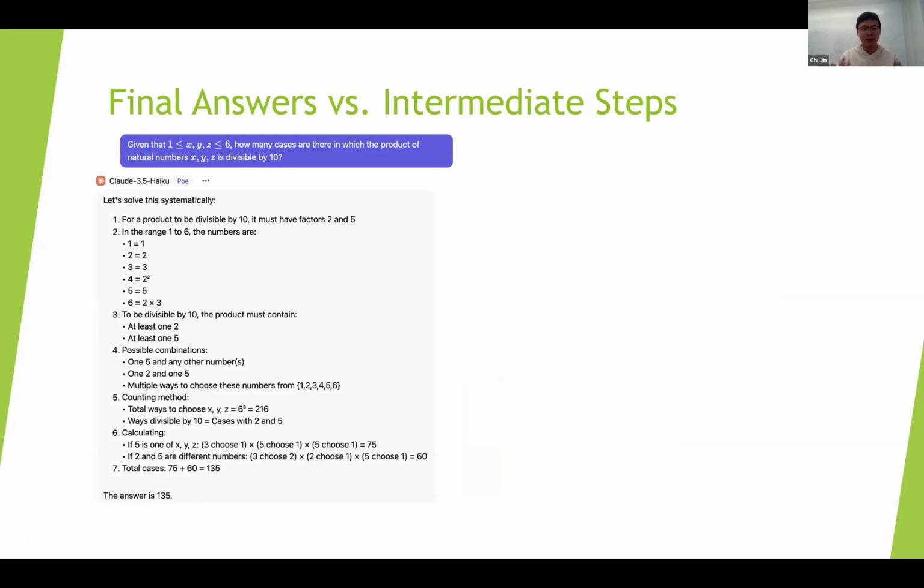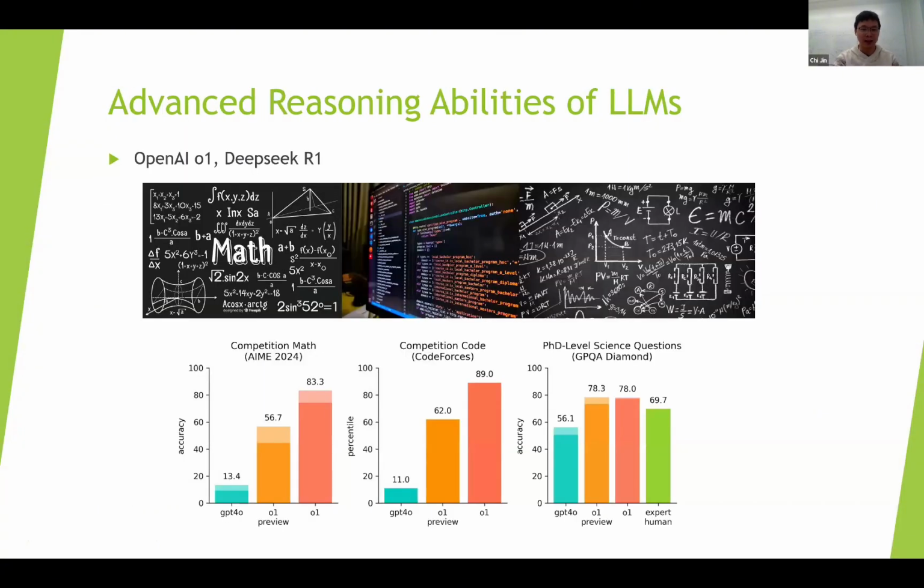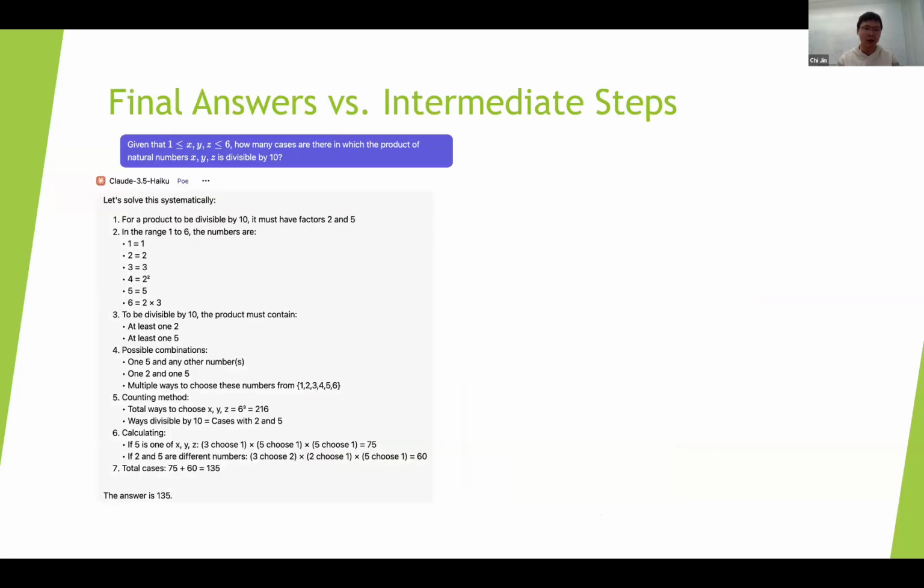Then the first question I have is how we evaluate those performances. For example, here we say 83% accuracy or 13% accuracy. What does this accuracy mean? There are two things, essentially. One is just a single final answer. The second is the intermediate reasoning steps. When we do a math problem, we also need to get the steps correct.